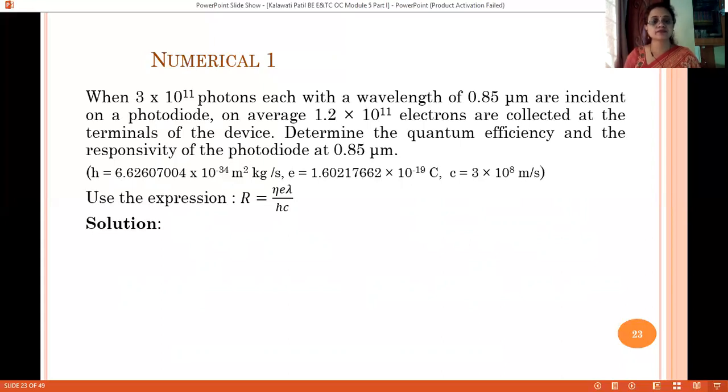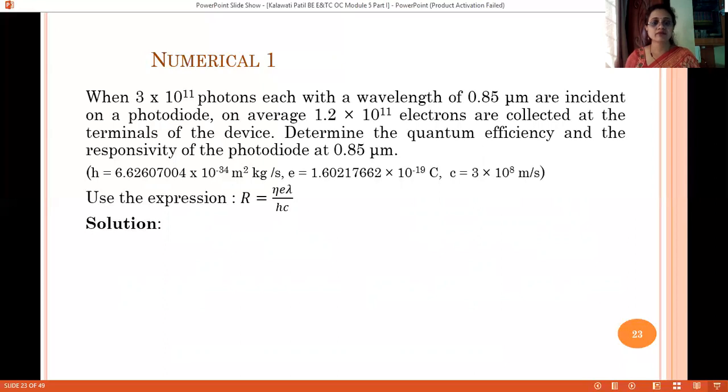First you list down the data provided. You have been provided with the number of photons, the operating wavelength, and the number of electrons generated or collected across this device. You have been asked to calculate the quantum efficiency and the responsivity at this operating wavelength, wherein these are the constant values you have to use in your calculation.